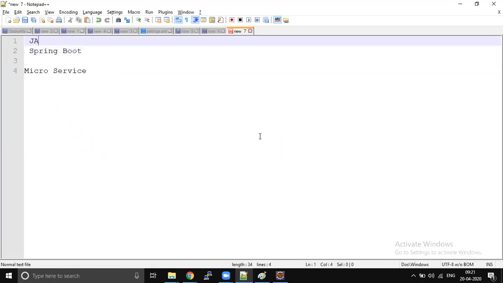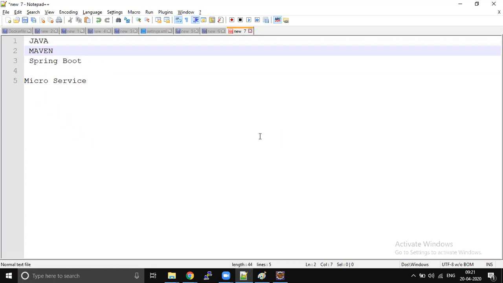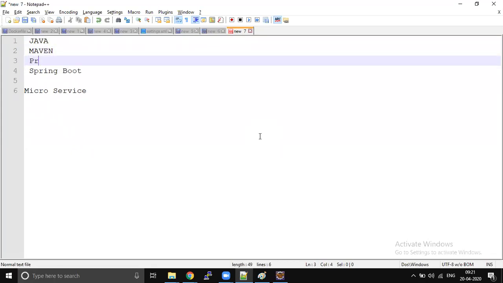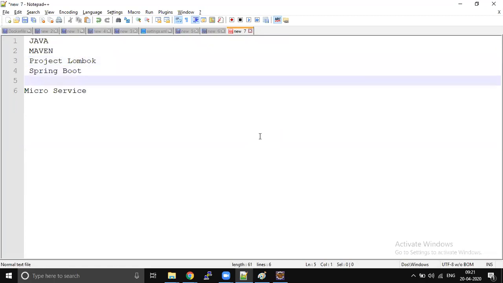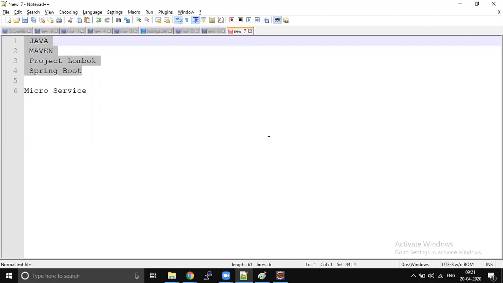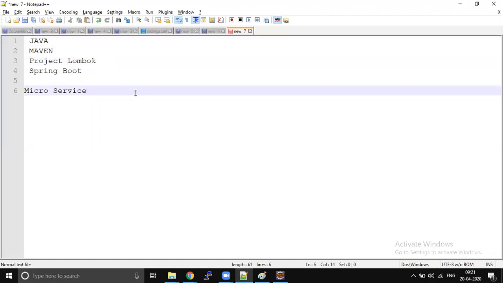These things are mandatory: Java, Maven, and Project Lombok. These are the prerequisites for microservices development. Once we become experts in all these areas, building microservices is a piece of cake.